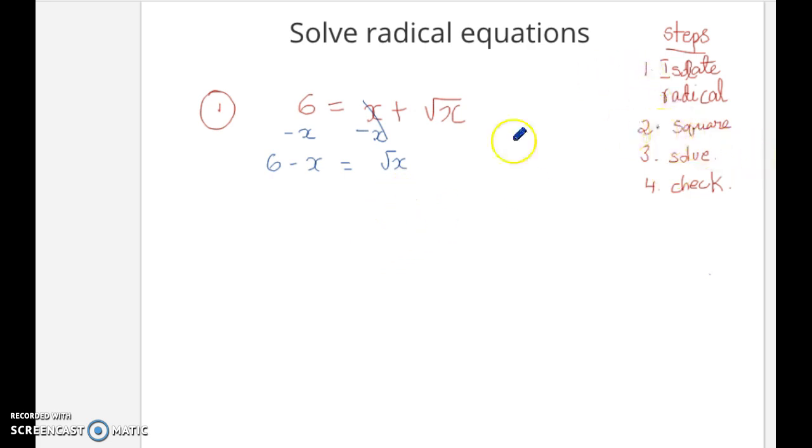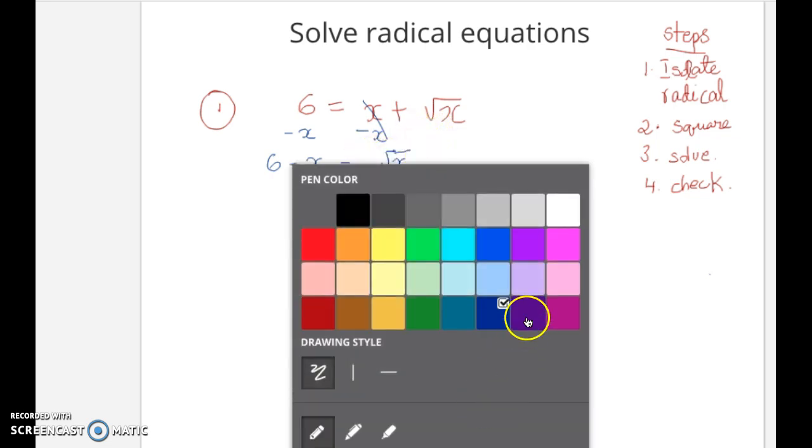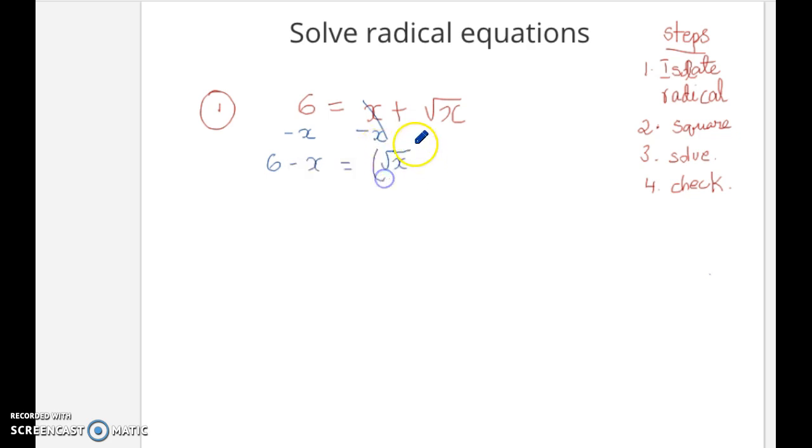We have to square to cancel the square root. If it's a cube root, you'll have to raise to the third power. If it's a fourth root, you have to raise to the fourth power. So since here it's a square root, we are going to raise this to the second power. Okay, so to the second power over here and to the second power over here, and we get